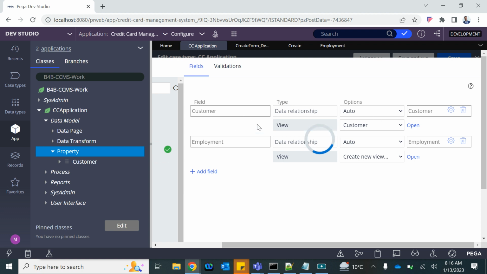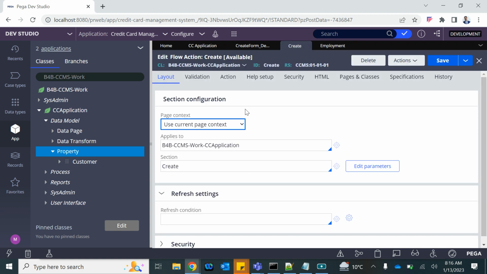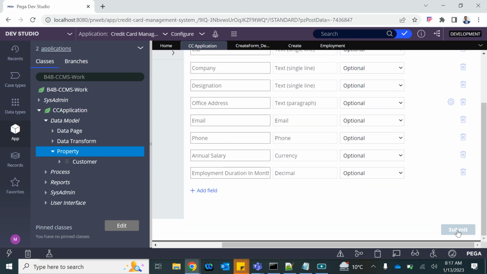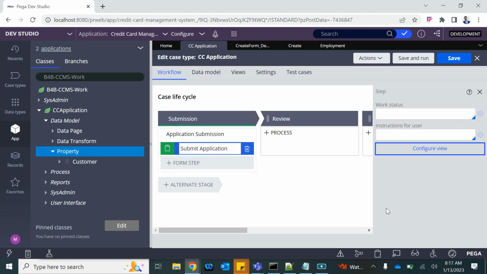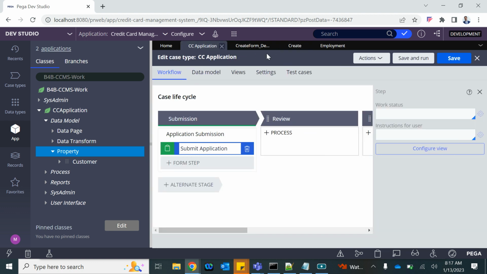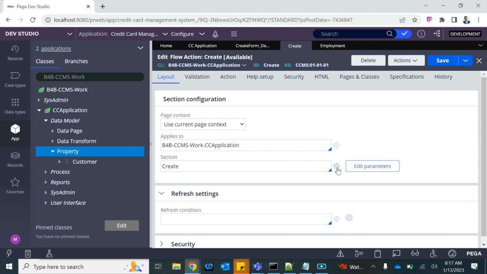Remember, this view that you are modifying is nothing but this create section. Create section is getting modified. This create section I will show you. Right, so I will just submit this and save the case. Now if I come back to this flow action, once it is saved, and open this section again, you will